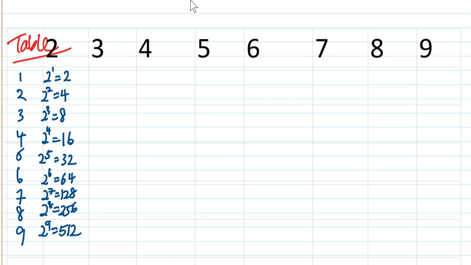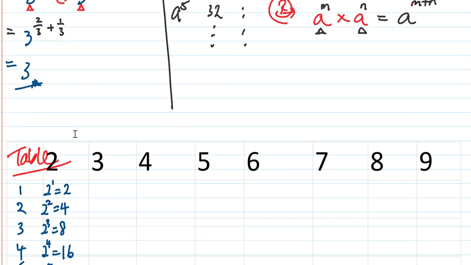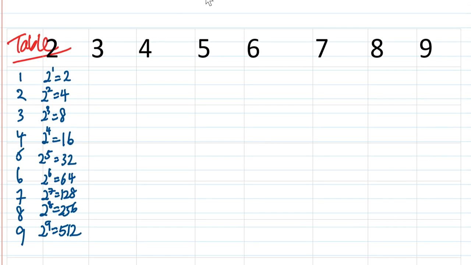actually this is like a multiplication table, but it's very useful because it helps us to identify, like in a previous example, that 9 is actually base 3 and 27 is also base 3, and how we can simplify this equation and solve it. So likewise, in this example, we are going to continue for base 3, and what this